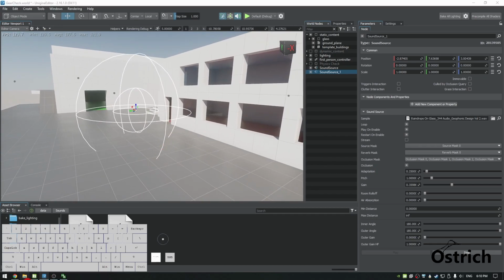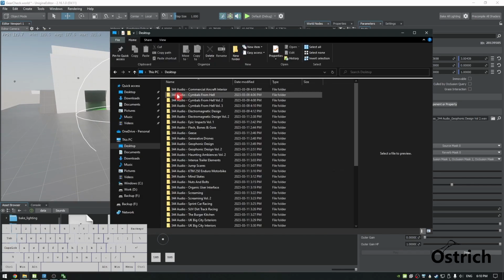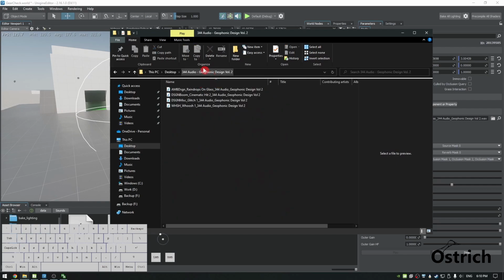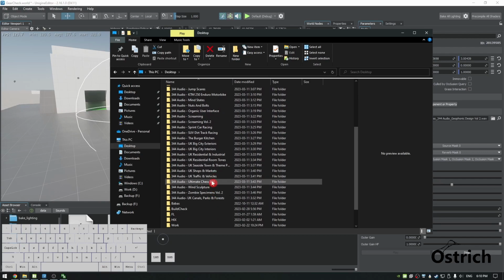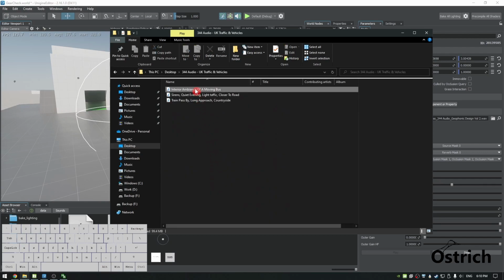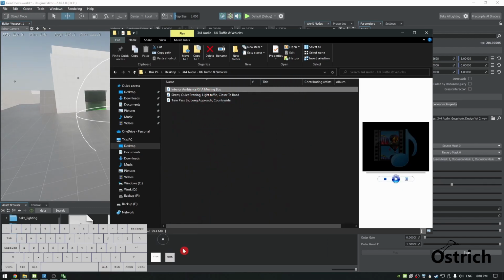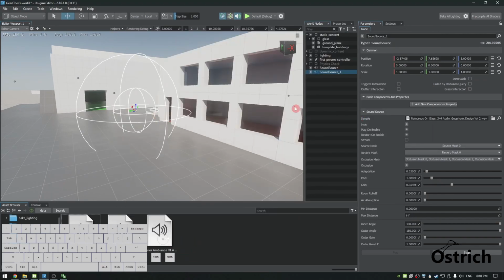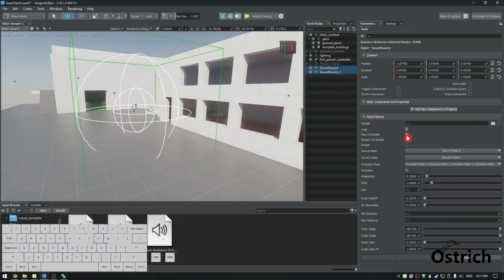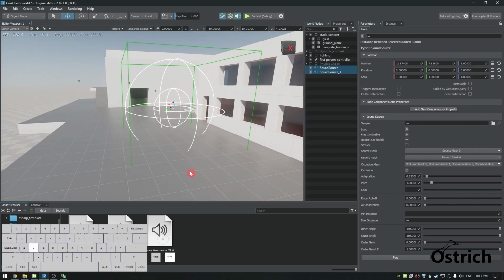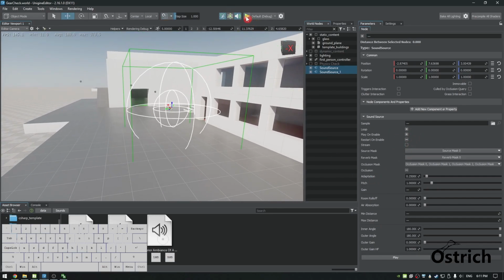Now if we just have another sound instead, let's just use one of these traffic and vehicles. Looks cool. Okay, so for this sound, let's just use the interior of a bus. And then we just stop both these sounds. And then it says play on enable. So now that we just press start,